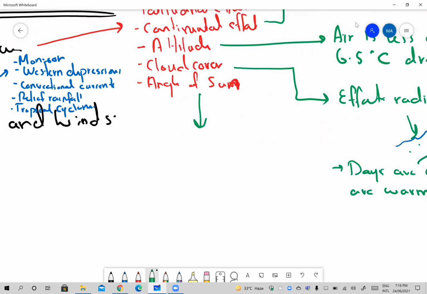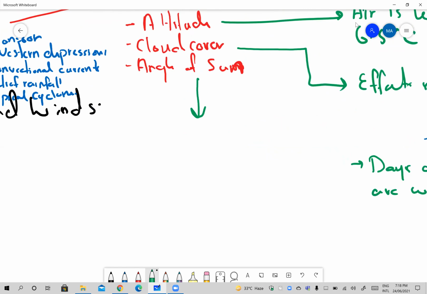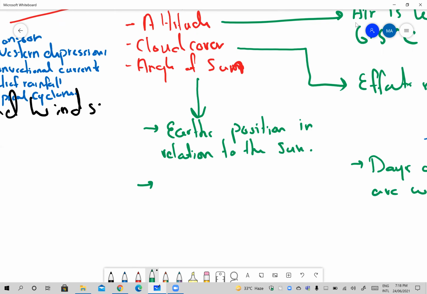We're now studying latitude and angle of sun. So angle of sun also has its effect on temperature here. This angle refers to the position of Earth in relation to the sun. So what happens here is it's pretty similar to latitudinal effect, all the areas that receive direct sunlight will be warmer, and all the areas that receive indirect sunlight will be colder. So if I, let's say, draw a diagram here,